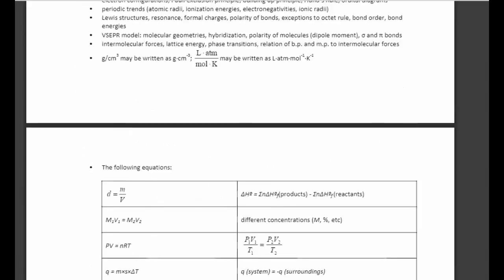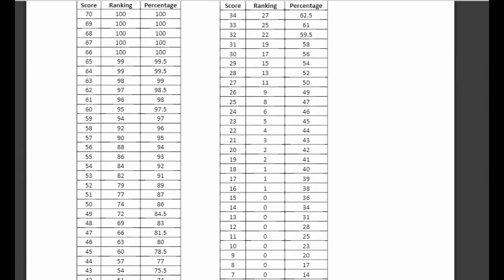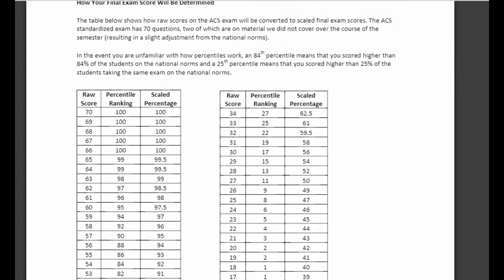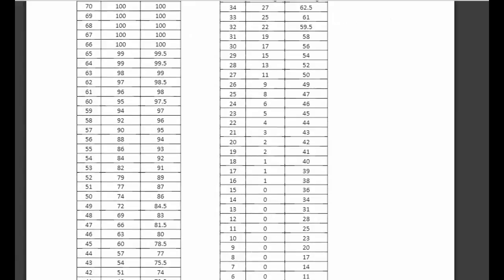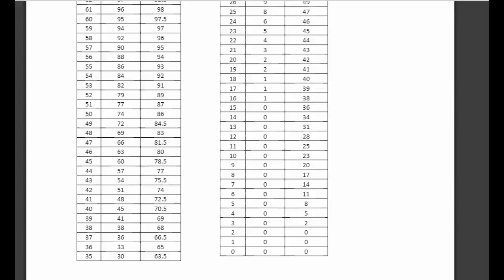Alrighty. So because it's a standardized final exam, your raw score is converted into a national percentile, which is converted into an adjusted score. Okay? So the 50th percentile, it's a 70 question exam. The 50th percentile is right around 41, 42 questions out of 70. Okay, so that's the 50th percentile, and that corresponds over here.